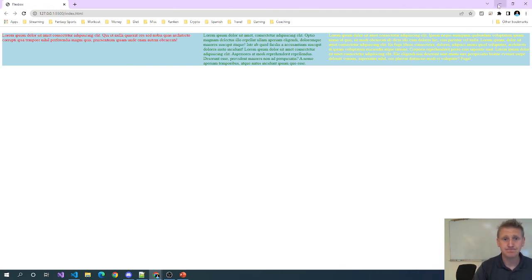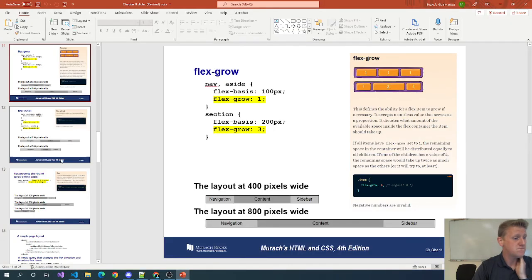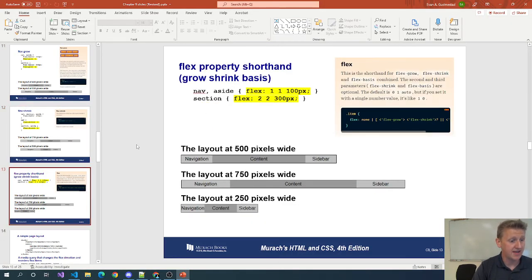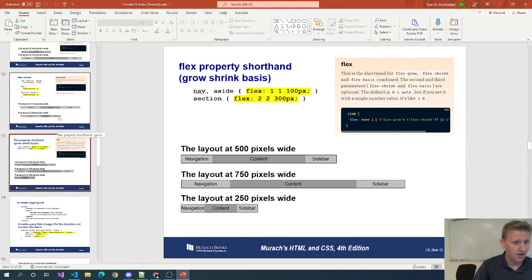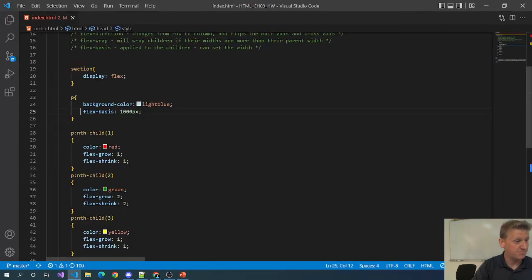And because it's common to do all three, they make a shorthand for it, which is just the flex property. The flex property sets a basis, which is the third value. The flex grow is the first value, the flex shrink is the second value, and the flex basis is the third. Now I was setting the flex basis on this generic P selector, but